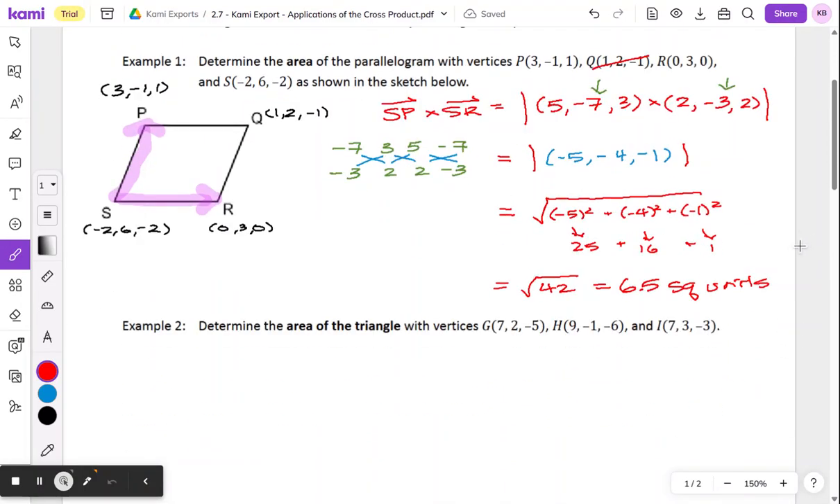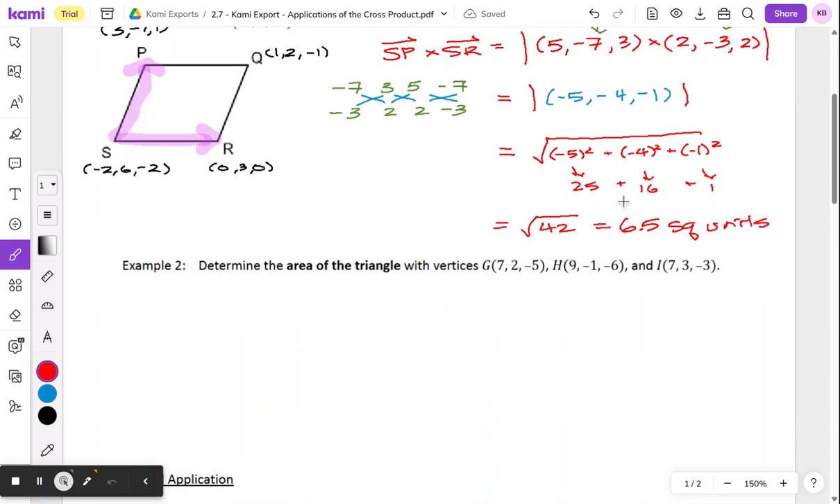So just make sure you're good with that. Again, you could have selected another pair of adjacent sides, vertices, but you'll get the same answer. Okay, so the next thing here is the area of a triangle. And if you think of the area of a triangle,